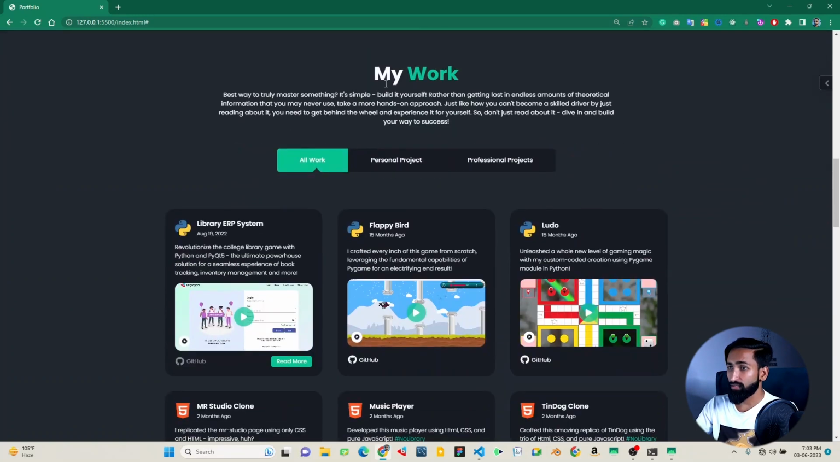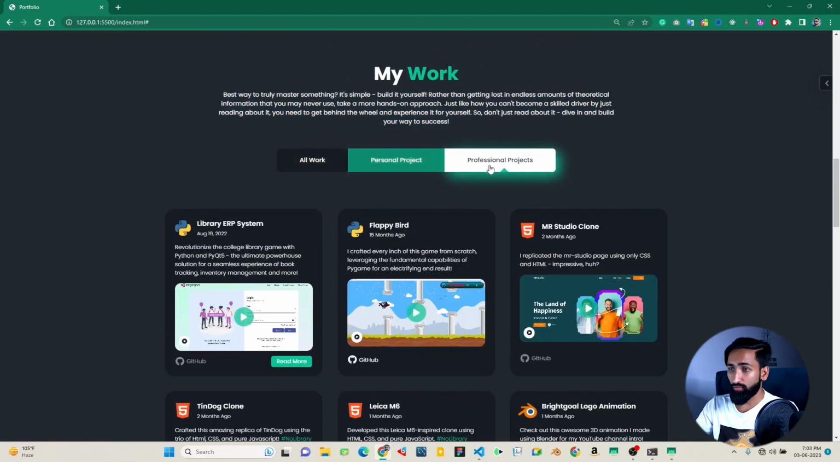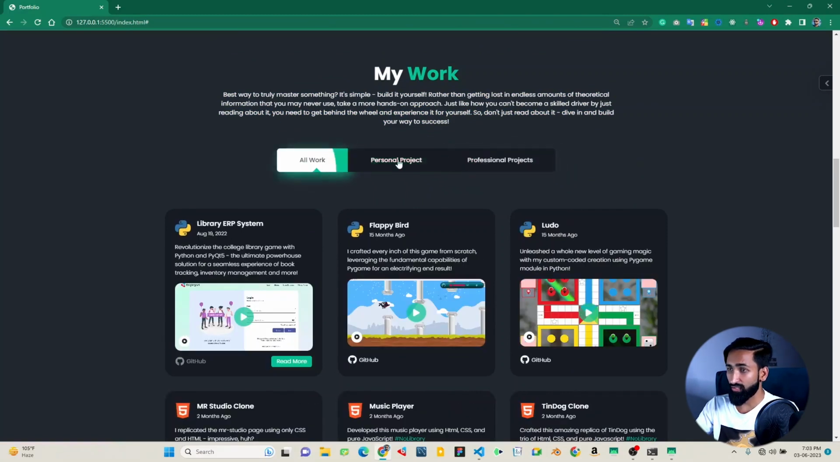And this is the work section, and in this section you can showcase all the projects you want. And yeah, definitely this section is pretty interesting according to me, because I've created each and every functionality that you may want to use in your portfolio, because you can mention a short description over here, or after that you can categorize your projects, personal projects and professional projects, and all your work also you can categorize like